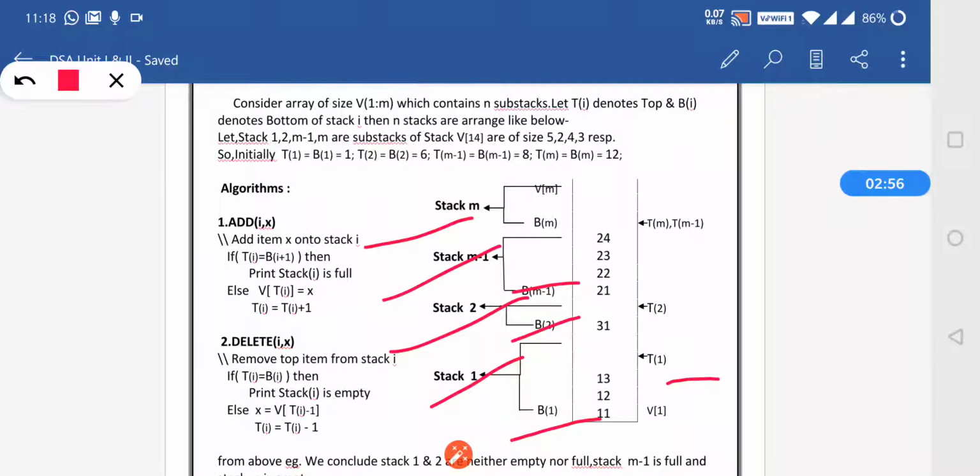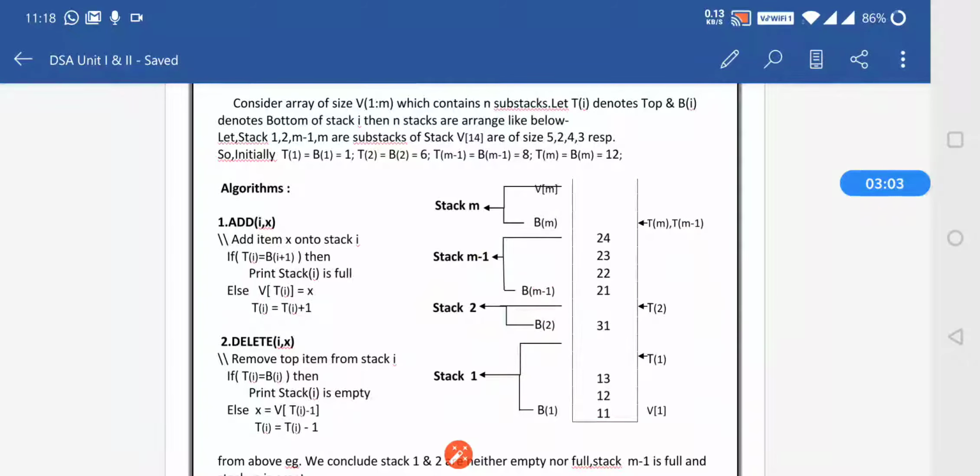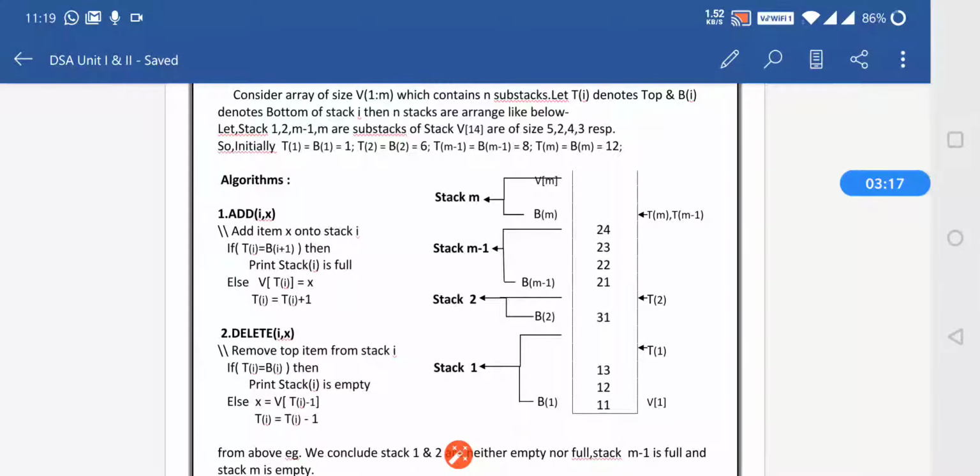Stack 1 is having this top 1, then this top 2, then tm-1 and tm, which means each and every stack is having its own top and own bottom value to denote the particular stack. So initially we are having T[1] equal to B[1] because it is an empty stack. Onwards, as various stacks are present, the bottommost is given as well as the top value is given.